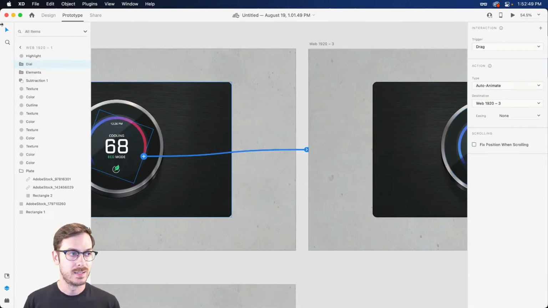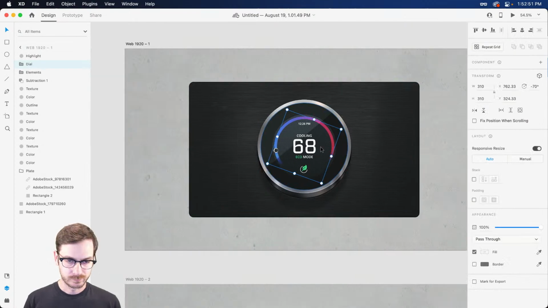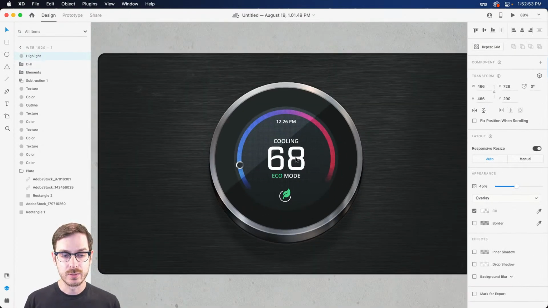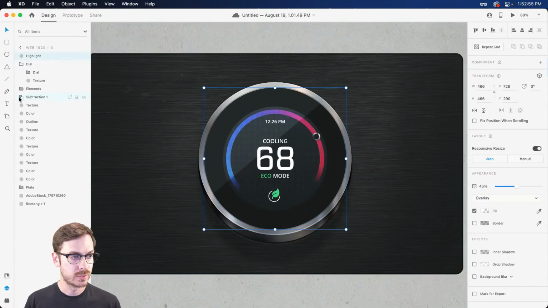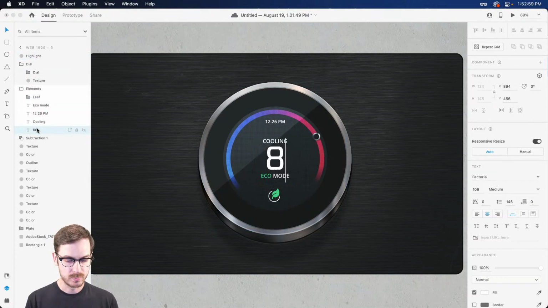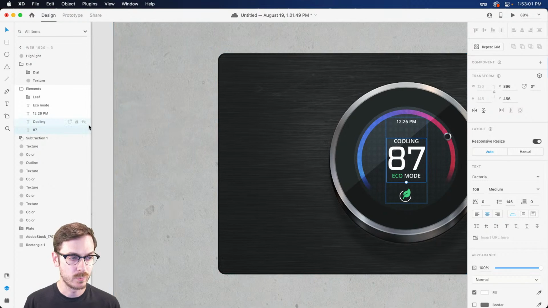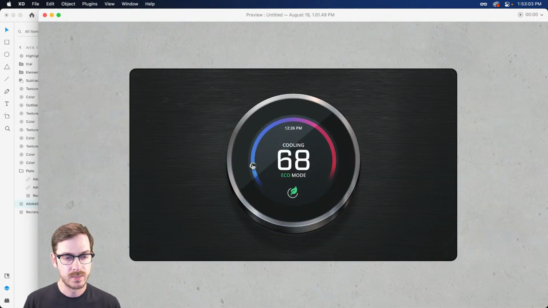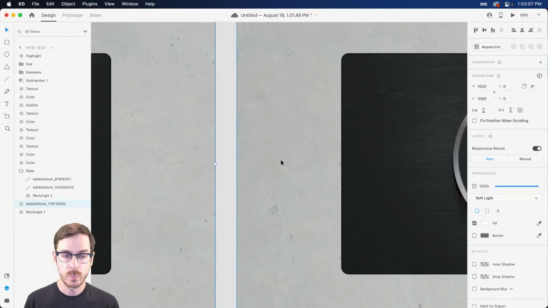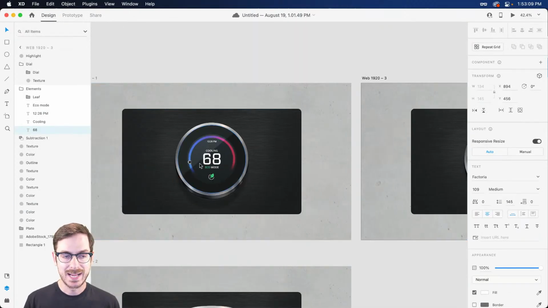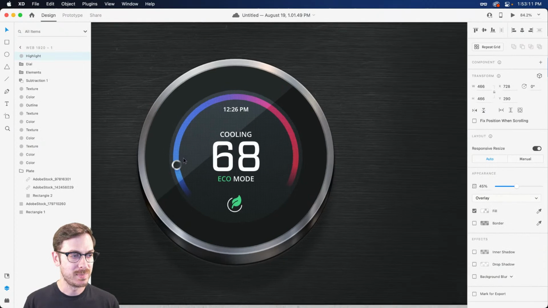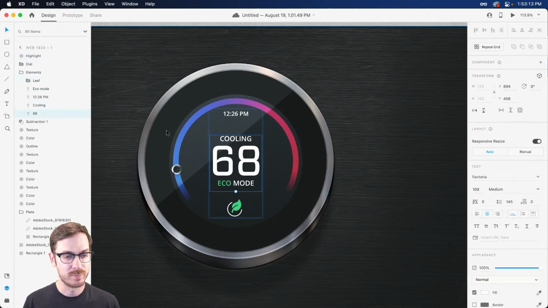Now, obviously, the text isn't changing. So there are a few ways we can do this. We can either, over here, just change the text to, I think Rob said 87, right? We can do that, which is going to be very simple. It's going to basically fade away. Or we can do somewhat of a masking trick. Now, I don't know if we're going to have enough time in like 1 minute to pull this off, but